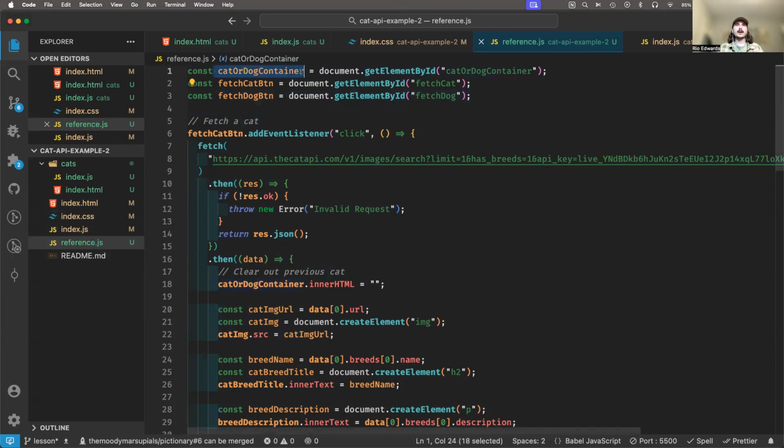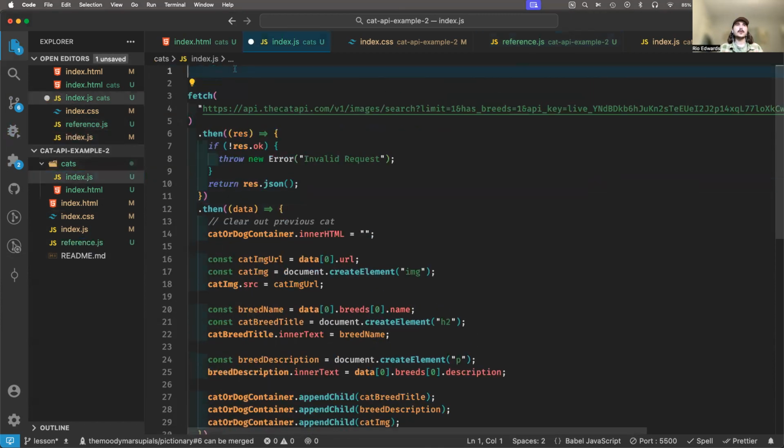We're not going to load it into cat or dog container anymore. We're just going to load it into a cat container. And we're not going to have buttons on this new page. So I am going to copy that and say cat or dog container. Instead, I'm just going to say cat